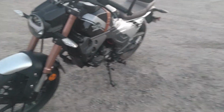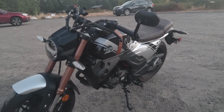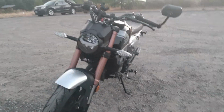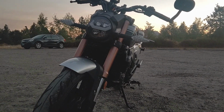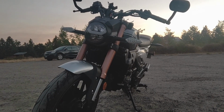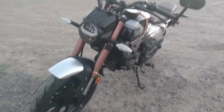So first and foremost, let's just talk about the elephant in the room, and that's the design. This thing is not built like a $3,000 motorcycle. Hell, it's not even built like a $5,000 one. The design is just, superb is probably the easiest way to start describing it. The headlight is phenomenal. Everything on this bike is LED. Hell, the gauges are all LCD, so you've got a full digital display there, and we'll get into that in a second. But just in terms of the way it looks, I really feel like this bike is a masterclass